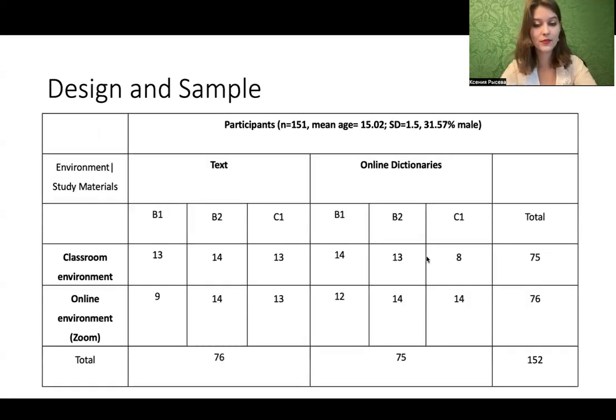of a foreign language. In this research participated 151 school students who actively partake in the intellectual contests and Olympiads. They were divided into 4 primary groups, dependent on the source of information, that is text or online dictionaries, and the environment, traditional classroom environment or online environment in Zoom. Plus, each group was divided into 3 subgroups, dependent on the level, that is according to CEFR, B1, B2, and